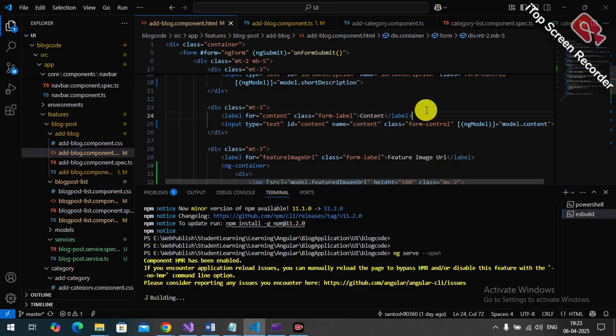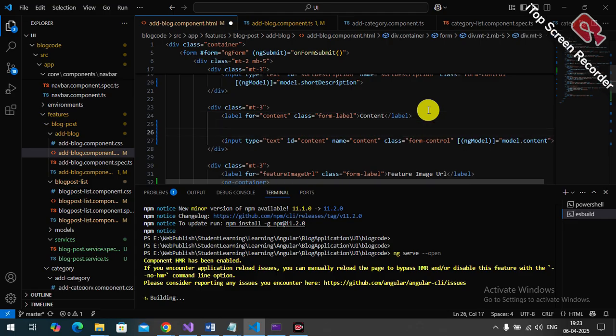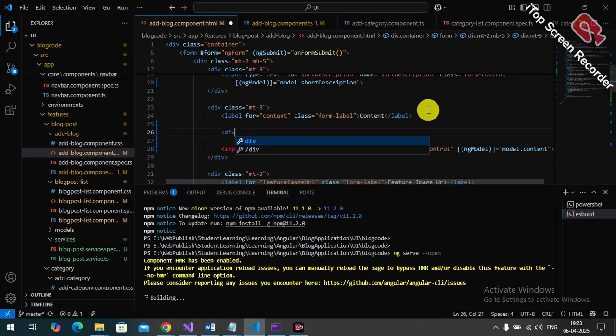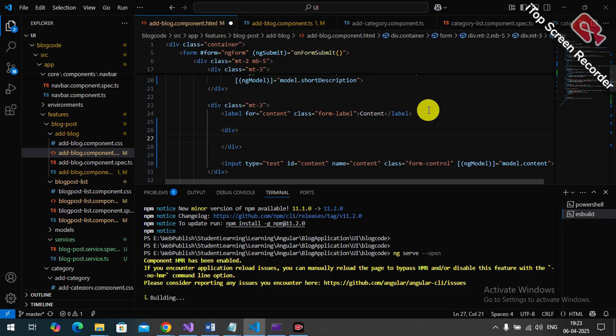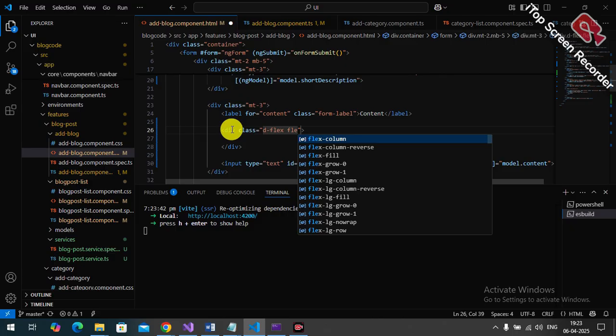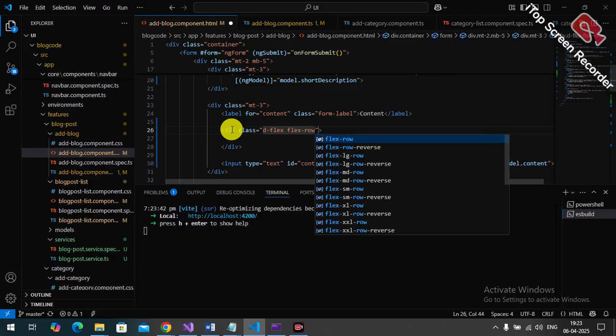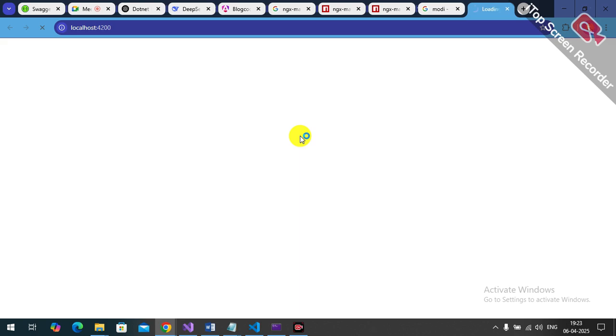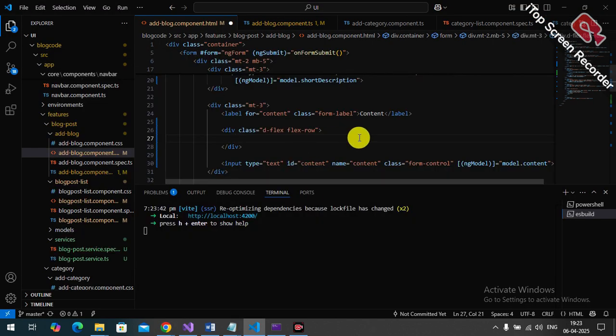So come here, content level, and in content level we write one div with flex row. Now in the flex row we will take two divs again,